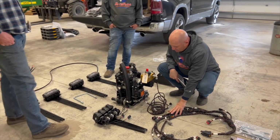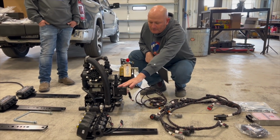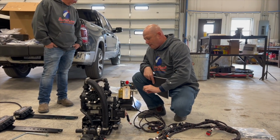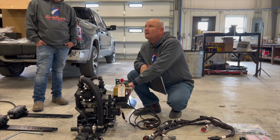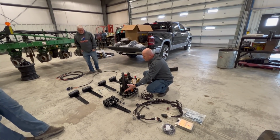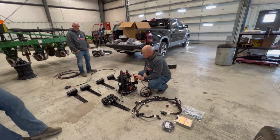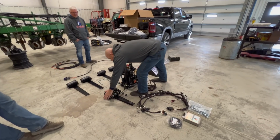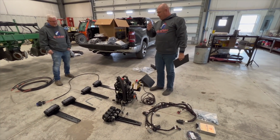So this harness plugs into the pump, and this harness also plugs into the section valves. We'll take the pump as the next step. And that's going to hook hydraulically to your tractor. Yes. A pressure and a return port. And then we would come out of the flow meter into your section valves. On your planter, we're going to divide it up into 4 sections. Yep. So you have some headland control. And so we will feed from the end, and we'll go out of the section valves. And in this situation,